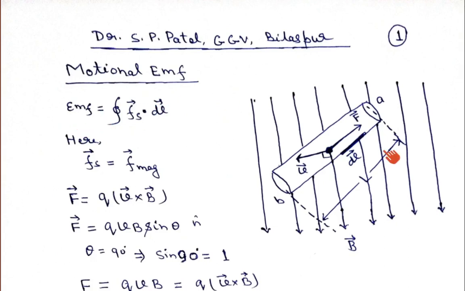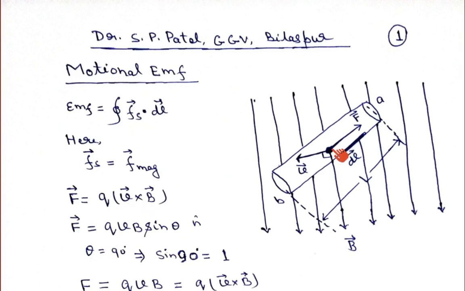If you try to understand what the source of force is here, it is basically magnetic, because if a charge is moving in the presence of a magnetic field, a magnetic force will act. So we can write Fs equals f magnetic, where small f magnetic is the force per unit charge. From the Lorentz force, F equals Q V cross B, or we can write the vector F equals Q V B sin theta along the normal unit vector. That means this force will always be perpendicular to the direction of velocity and magnetic field.